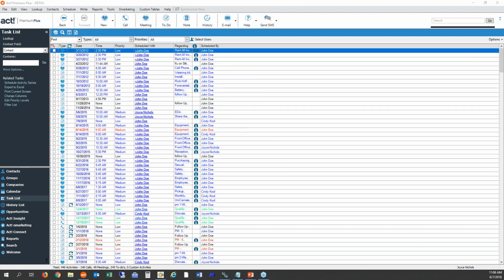The way that ACT is written is that information is stored into different tables. So the histories are stored in the histories table. The cleared activities are stored into a cleared activities table. So once I clear an activity, remember that it posts back as history. So I really don't need to keep that cleared activity, but again, the way that ACT is written, it retains all those cleared activities. So I would go to the task list,